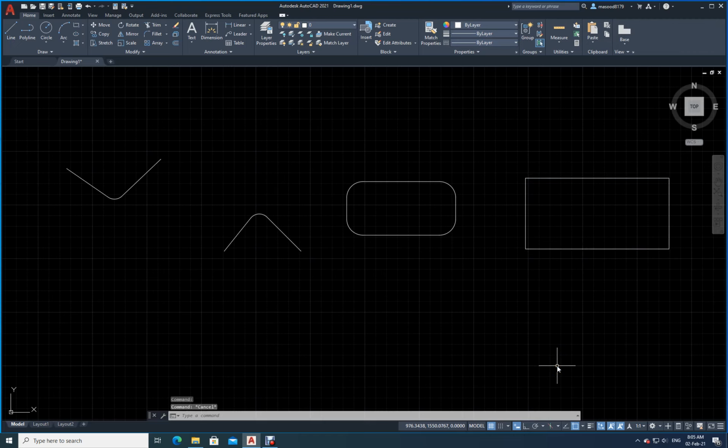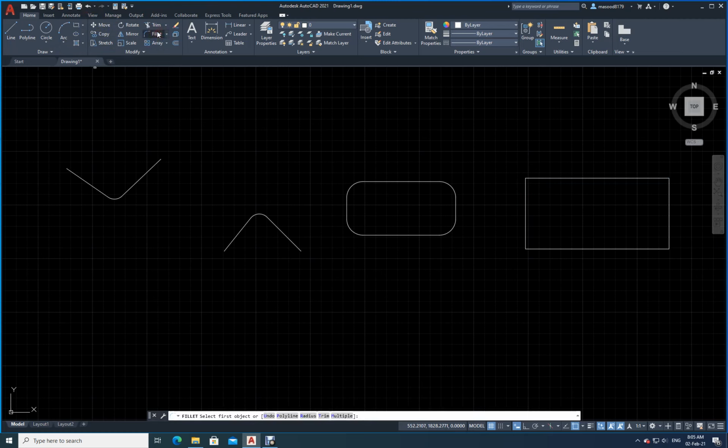Now in such a situation, how am I going to make the fillet? See here, if I want to make a fillet, let me just type fillet. If I select this one and this one, see, it is doing one side only, is it not? Now what I will do is, I will undo it. I will just select the fillet command again.